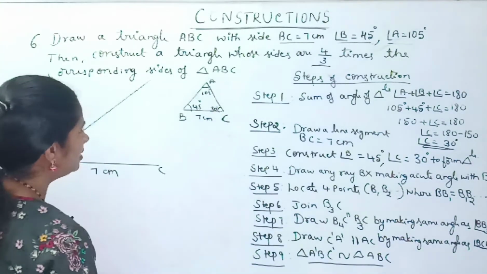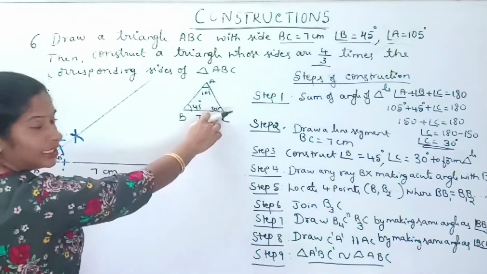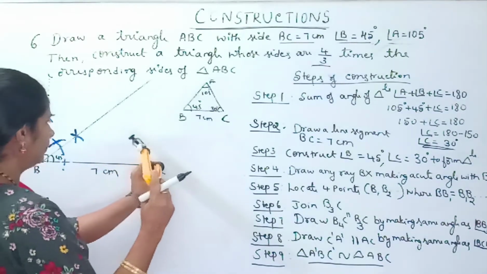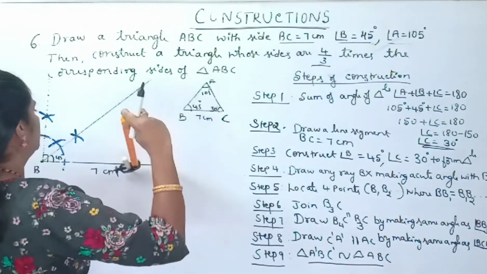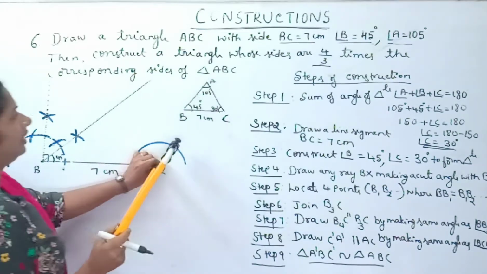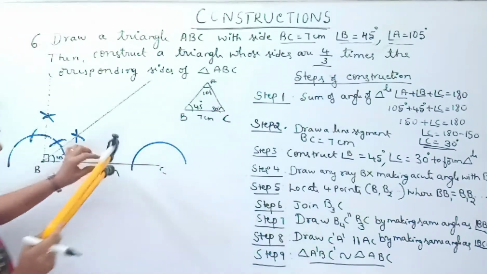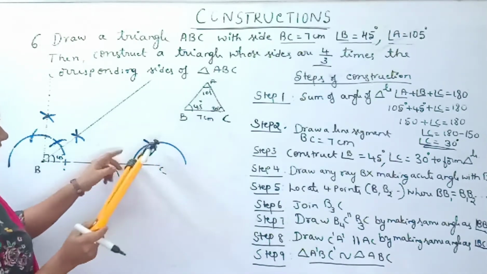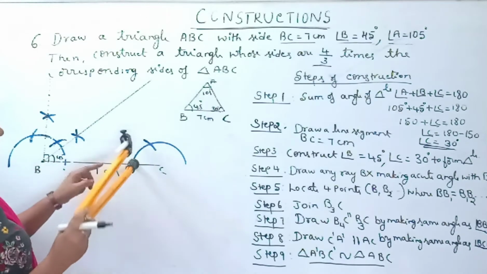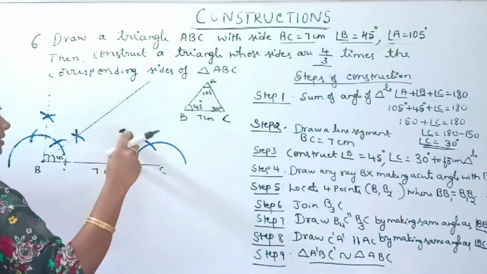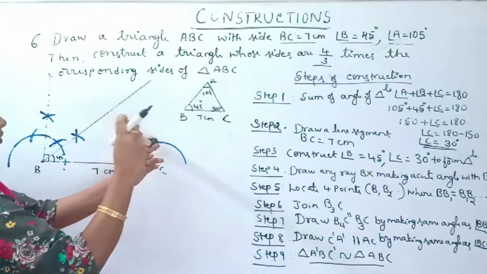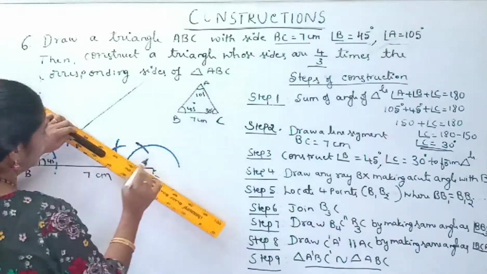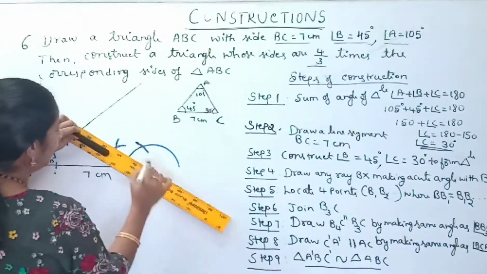Now we have to construct angle C equal to 30 degree. How to construct? Once again keep your compass on C and draw one arc like this. Then take out and keep your compass on that arc and cut that arc. Now if you measure, this is 60 degree. Angular bisector of 60 degree you have to construct, you will get 30 degree. Keep your compass on that arc and cut previous arc. Now we have to join C and that point,